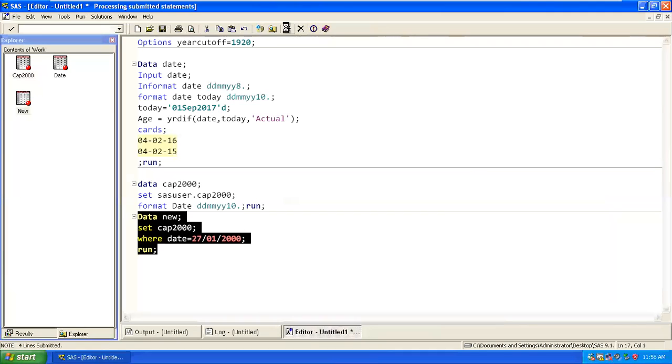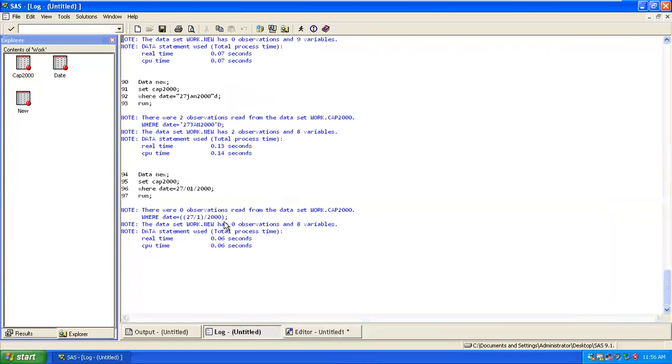It'll say in the log, zero observation, where this is not the format. So this is not the date constant format to read the value. Getting it? So we should convert it. We should have a constant value to apply universally to read the value. So wherever you wanted to put a condition, where you wanted to filter out, you have a format where you can say 2 digit of a day, 3 character of a month, and 4 digit of a year. That should be there.